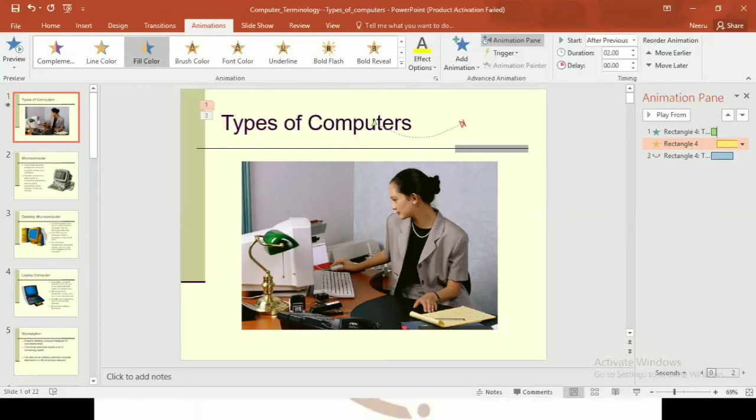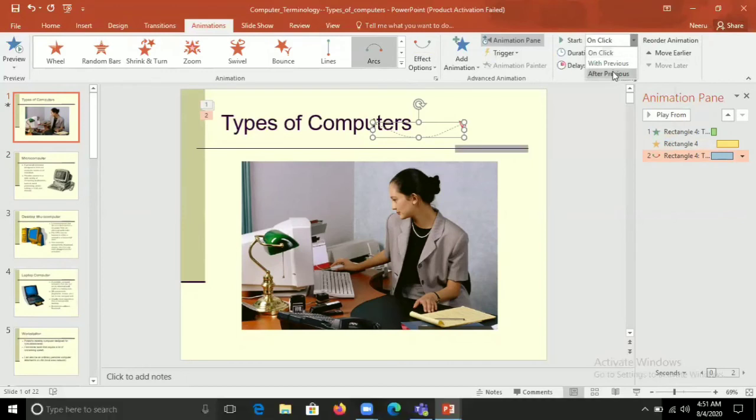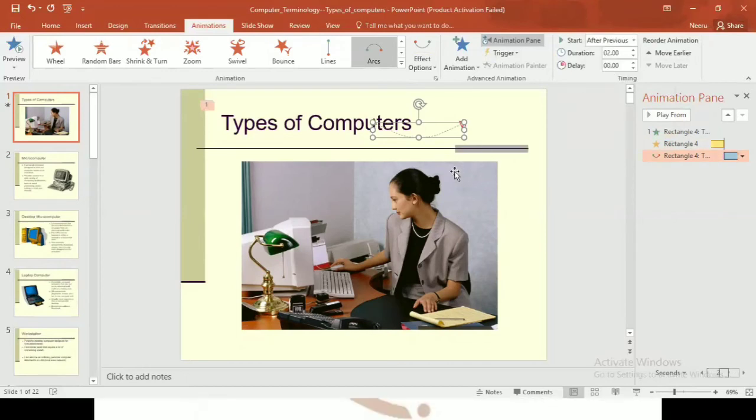I have taken the after previous. Same like that, now I am taking this one. Third one, this one also I am doing after previous. Means as soon as the previous animation finishes, automatically it will play.